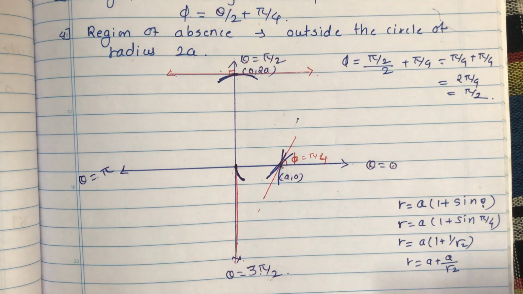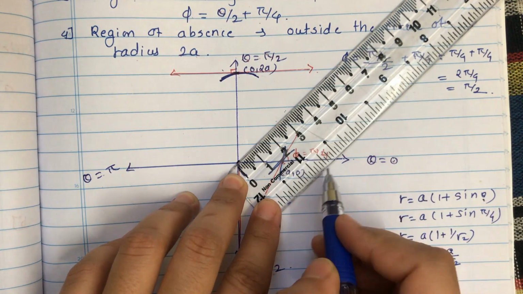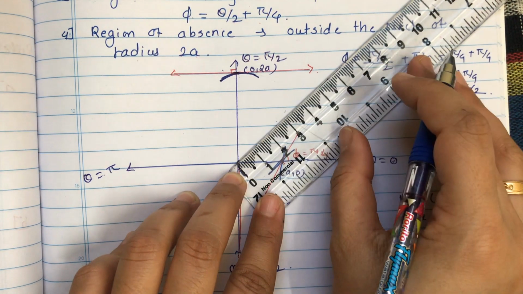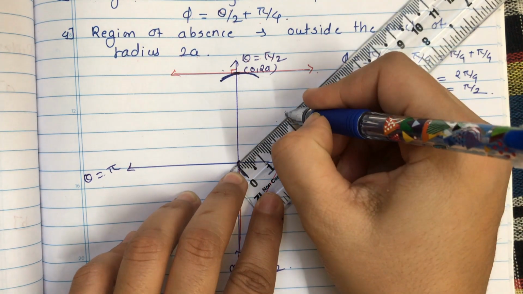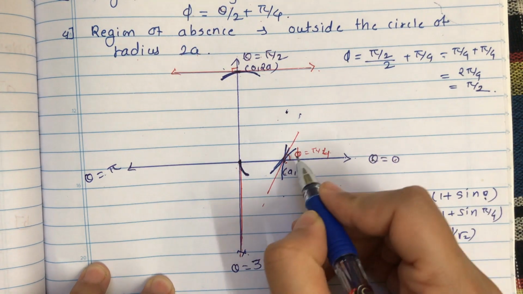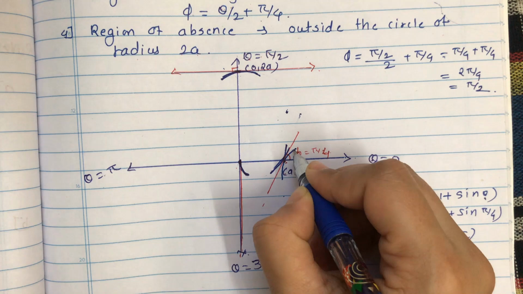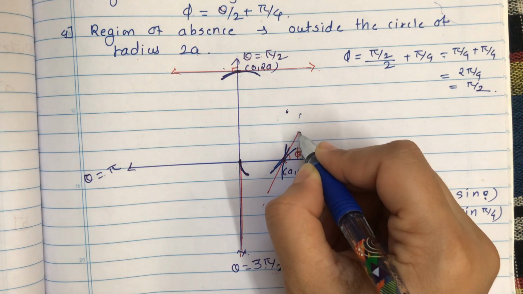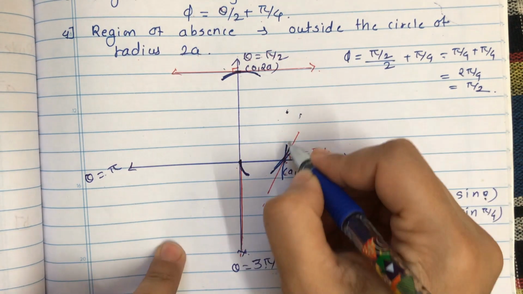To plot this point, suppose this is the angle 45 and we have to plot 3.414. So this is, you can see here it is a point, and we will continue with this branch, because if we continue with this, then we have to cross over this tangent, which is not possible. So we'll continue with this branch.